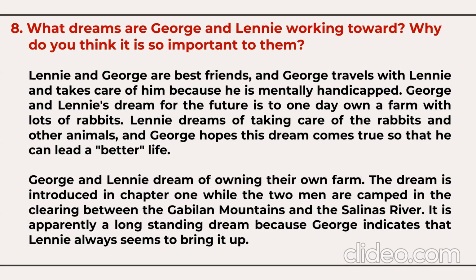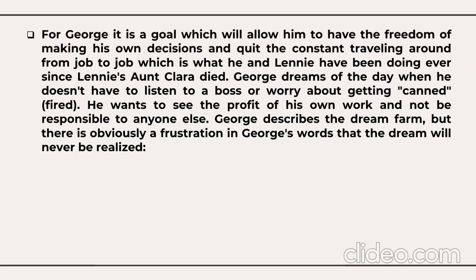George and Lenny dream of owning their own farm. The dream is introduced in chapter 1 while the two men are camped in a clearing between the Gabilan Mountains and the Salinas River. It is apparently a long-standing dream because George indicates that Lenny always seems to bring it up. For George, it is a goal which will allow him to have the freedom of making his own decisions and quit the constant traveling around from job to job, which is what he and Lenny have been doing ever since